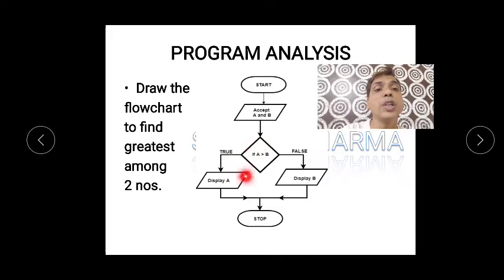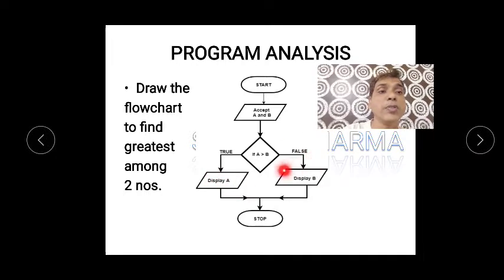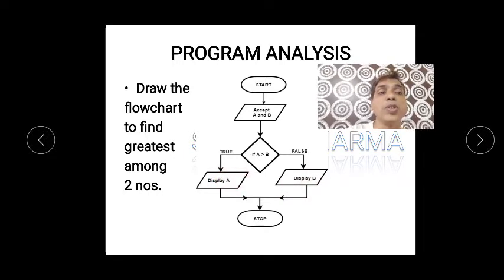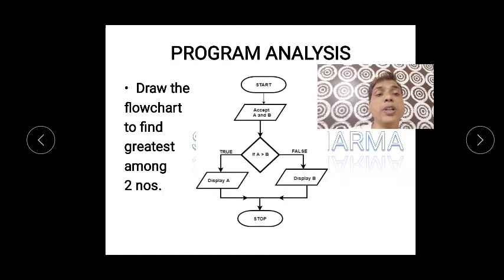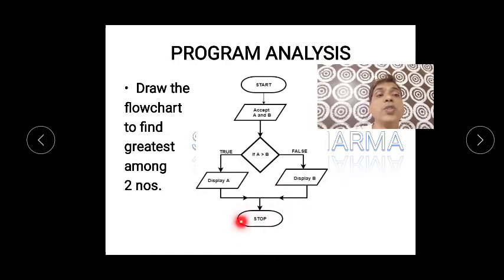If it is true, it will display the value of A, and if it is false, it will display the value of B. Finally only one thing will be displayed, not both, because either A will be greater or B will be greater. Then you can stop.